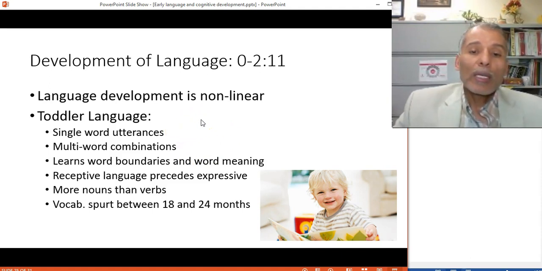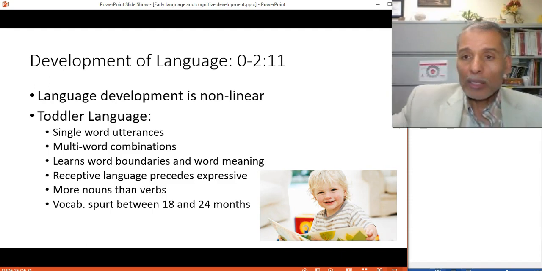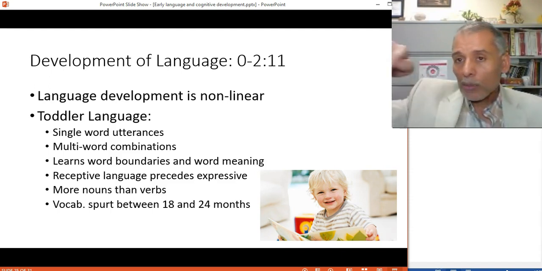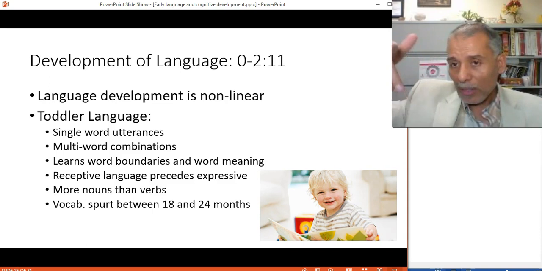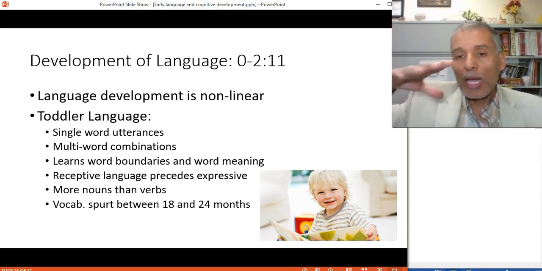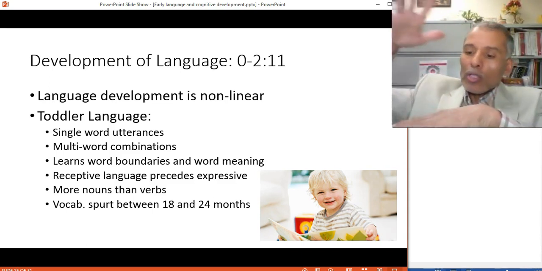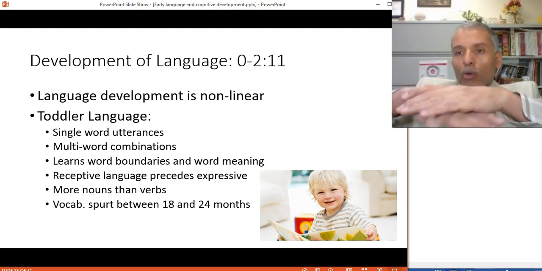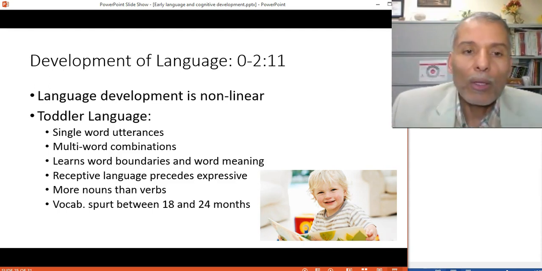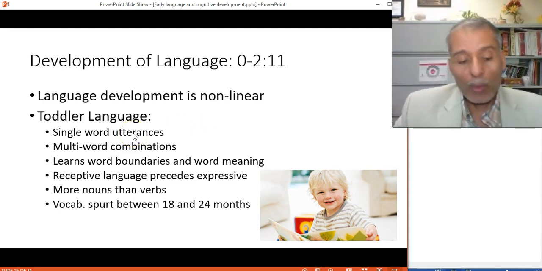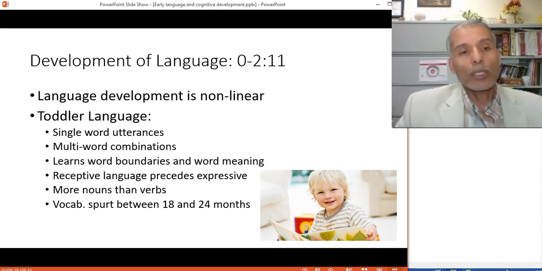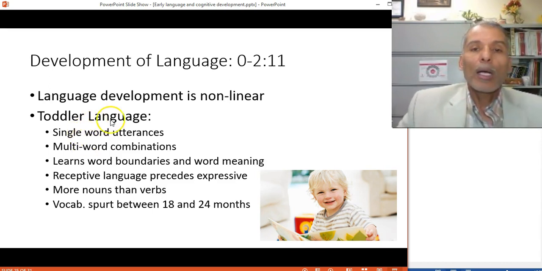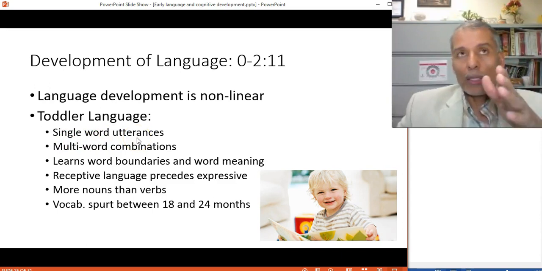Language development is a non-linear process. It means it is a spiral process. In many cases, there are things that grow in a linear way, but mostly with language, you have a layer, and then on top of it, there's another layer, and that serves as a foundation for something else to build on it, and so on. If you don't have the lower level language functions, you will not be able to acquire the higher level ones.